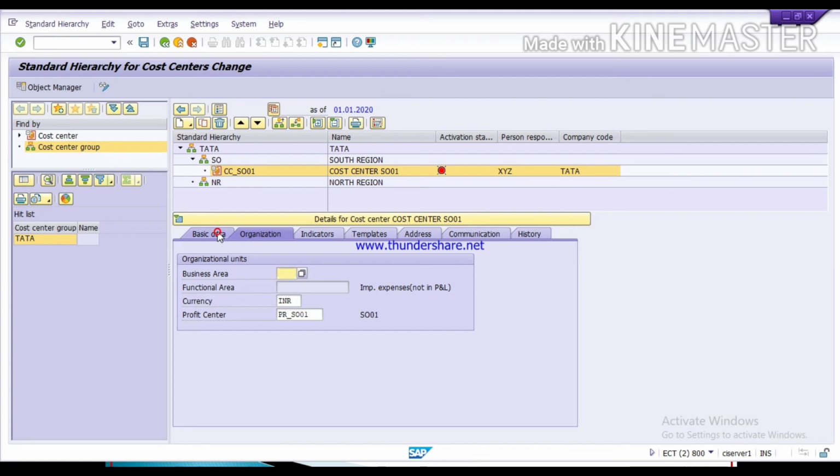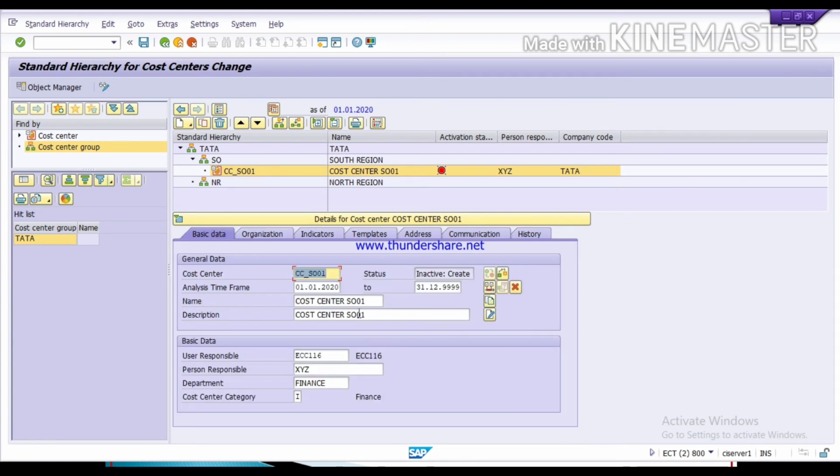Or click on this basic data, and here you can see the status. It is in inactive mode, so we have to make it active.